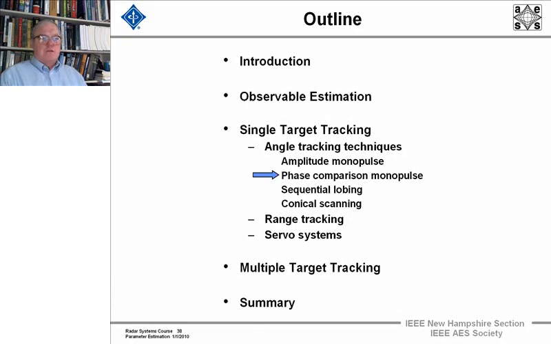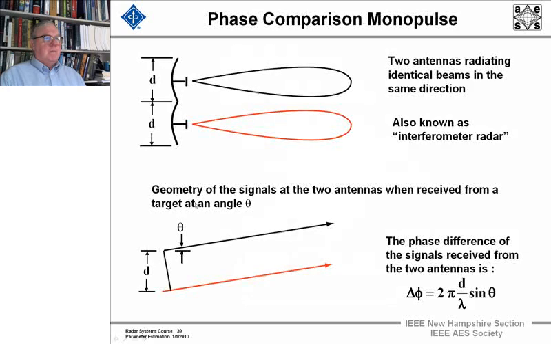Now on to the third section in the parameter estimation and tracking 2 lecture set. Now we're going to discuss phase comparison monopulse and the next items on our outline here. Phase comparison monopulse